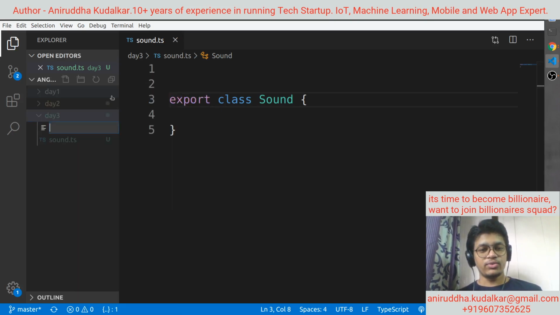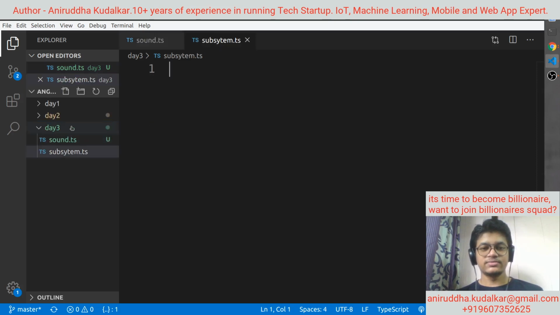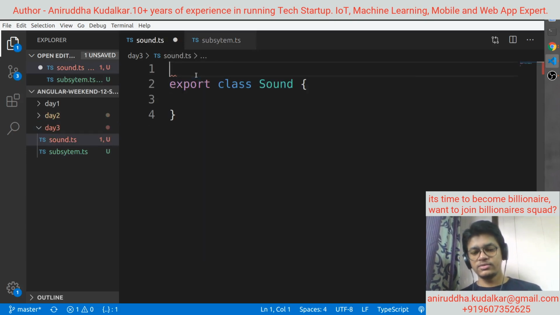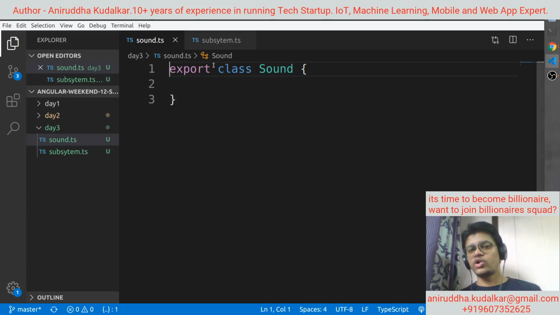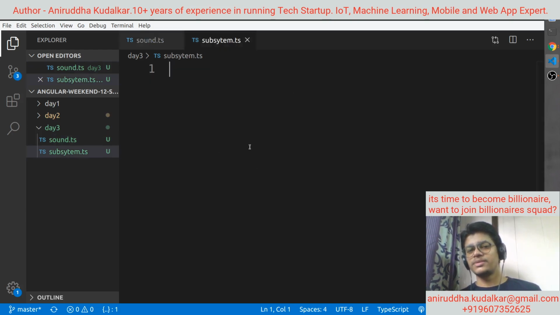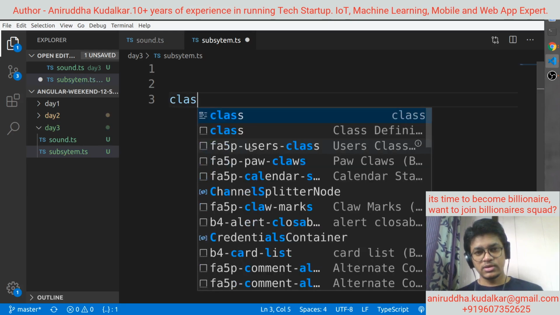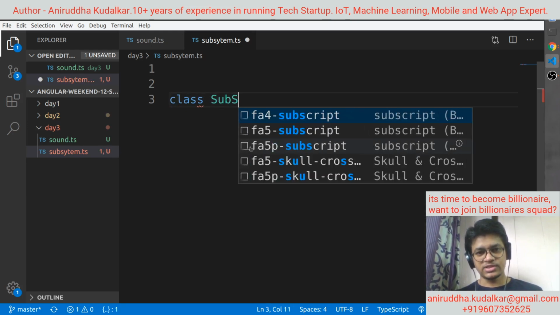And I have one more thing called subsystem, sound subsystem, subsystem.ts. Now what I want to do, I want to use sound from the separate file. Sound is in sound.ts, and in the subsystem let's create a class, subsystem.